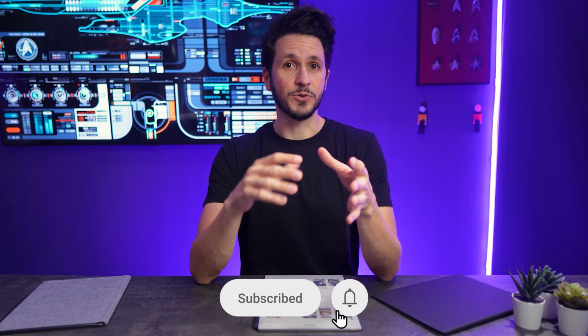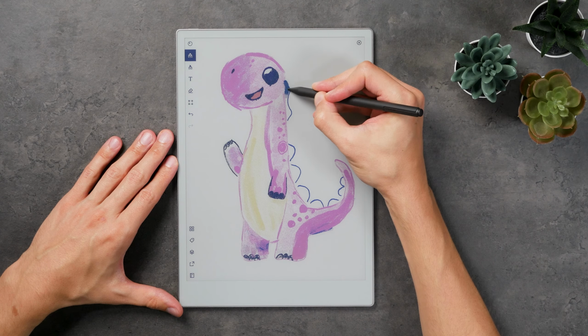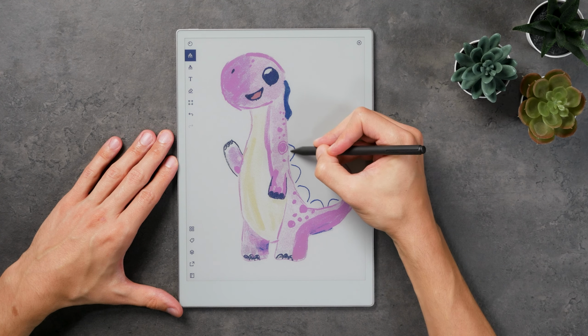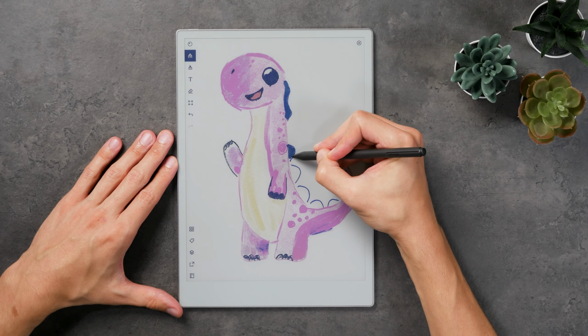Now that the initial hype has settled, let's take an honest look at the good, the bad, and the ugly of the new reMarkable e-ink tablet to check if it really has what it takes to replace your notebooks for good. The heart of the reMarkable Paper Pro is its new and improved 11.8-inch color ink display with a technology